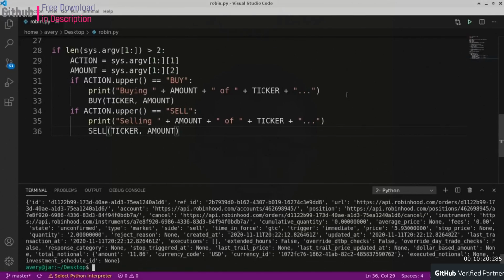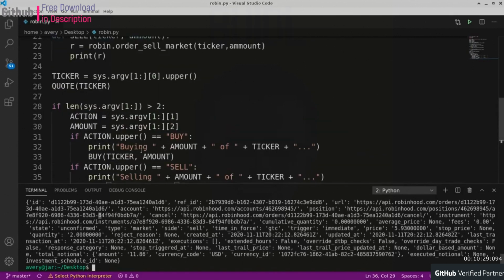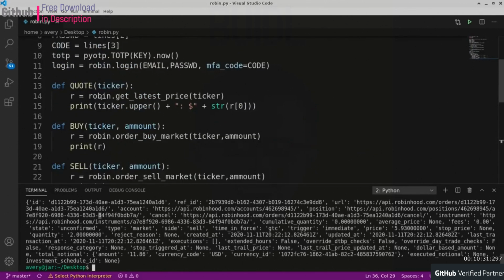So that's everything for this video. As you can see, it actually prints out a lot of data just right here. So you guys can actually go ahead and comb through the data to see what's actually in there. Along with this get latest price, there's tons of other functions. I'll have